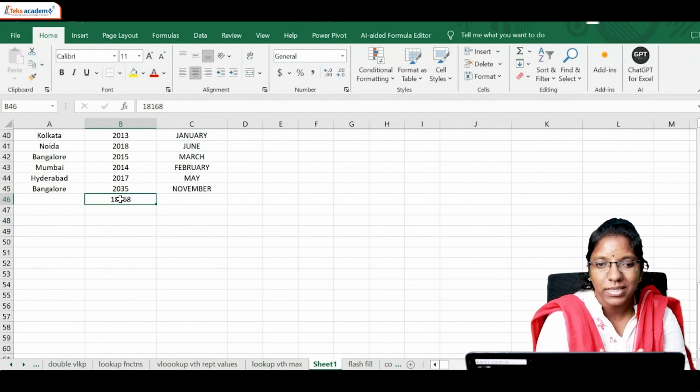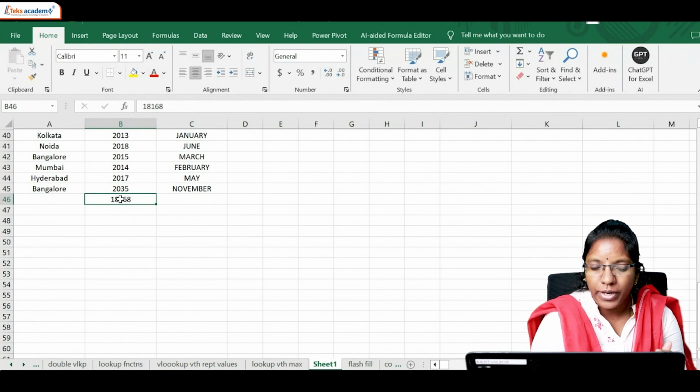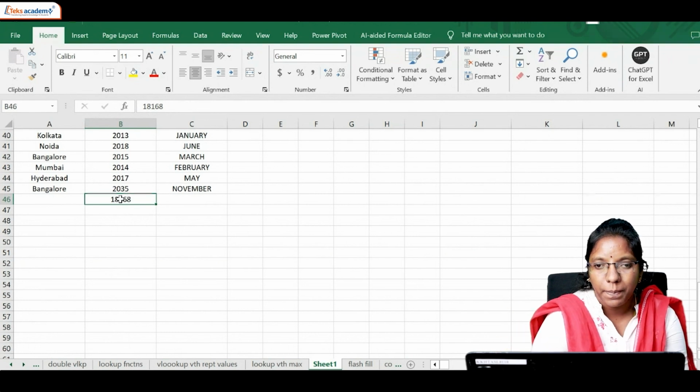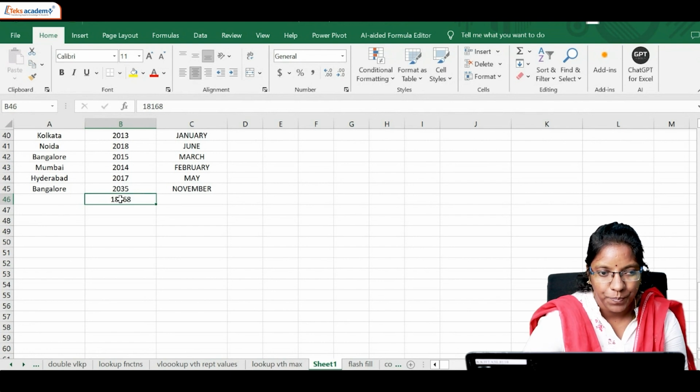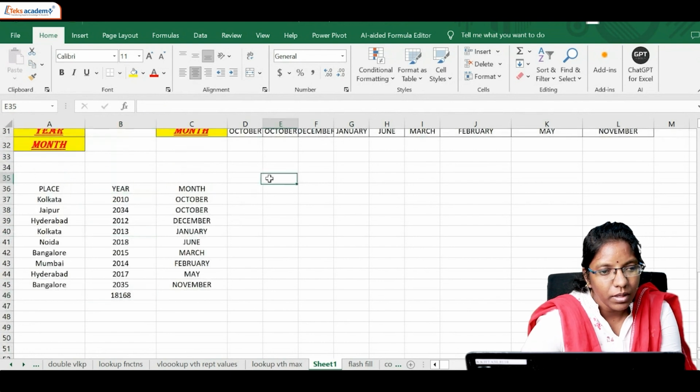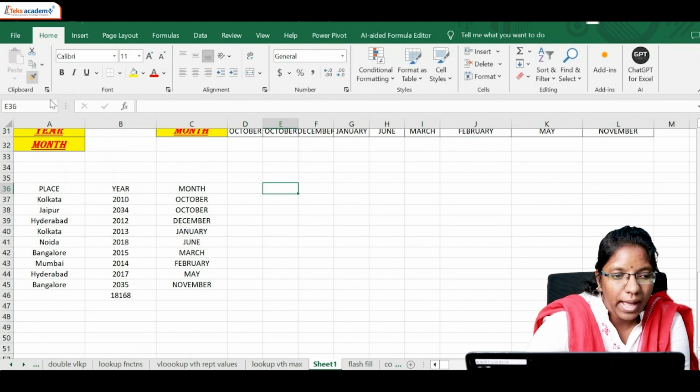So when you are working with some data and you want to share it with someone, but when you are sharing, you don't want to reflect your formula. At that time, what you can do is paste as values, which can be helpful for you. Right. And the next thing that you have is